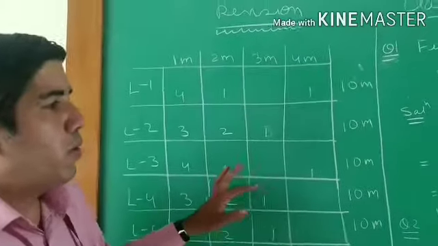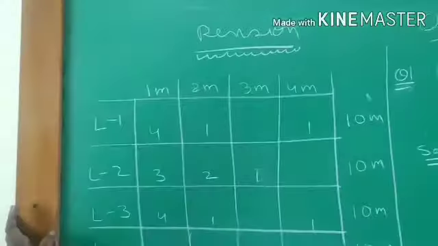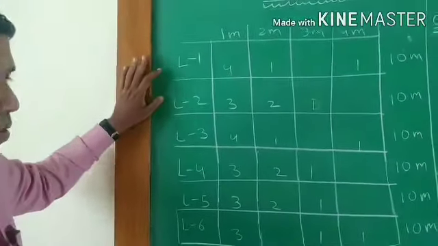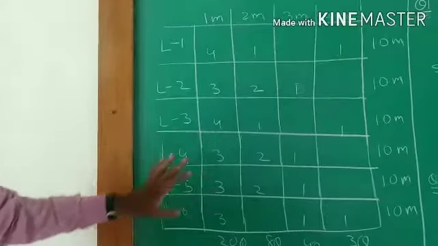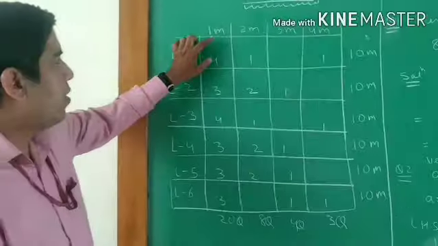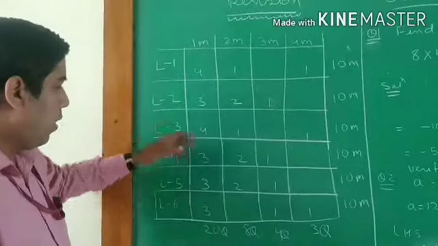Now today we are going to discuss lessons number 1 to 6 and the blueprint of the chapter. This was the question paper, and in this I have discussed just now. You can see on the board here there is a blueprint written. Let me explain. You can see here the marks: 1 marks, 2 marks, 3 marks, 4 marks, and here the questions.